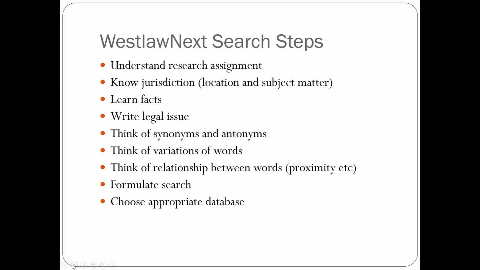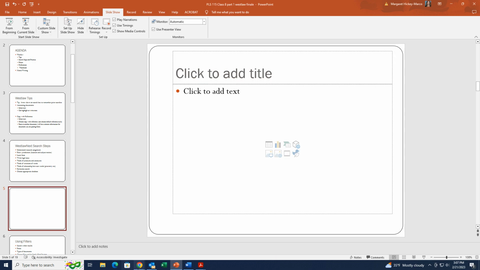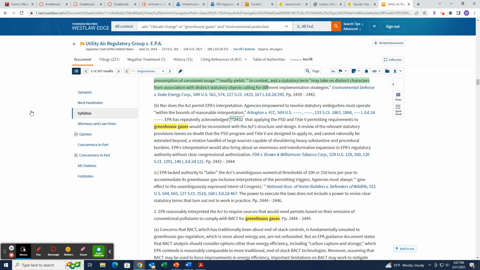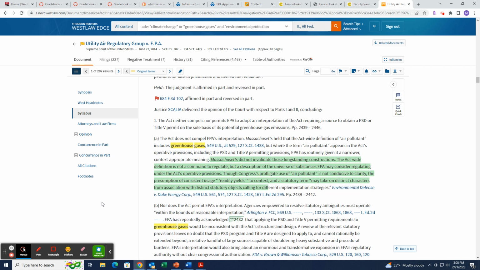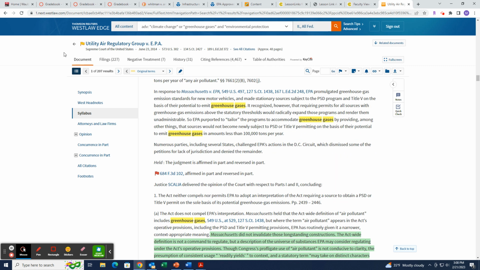Then we choose the appropriate database, right? The appropriate database means we are as large as we need to be and as small as we need to be. We're not searching all state and federal materials when we are only interested in Illinois. We're not searching statutes when we're interested in cases. Okay, so then say we've run the search. This is about climate change and greenhouse gases, working on my environmental law class. Okay, so then when I have my results,